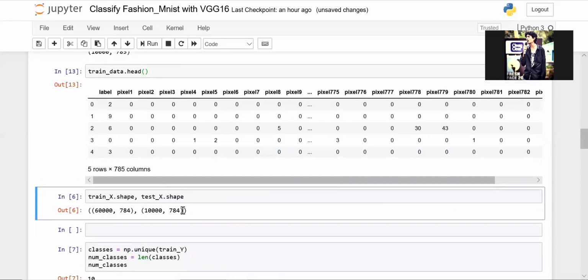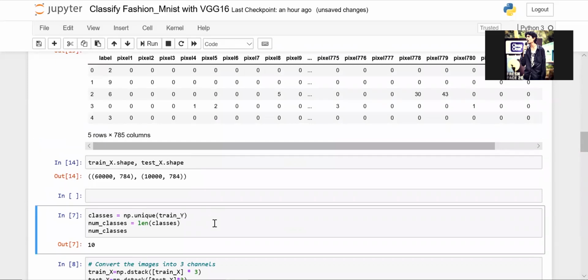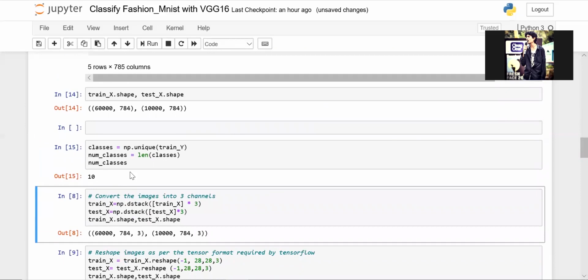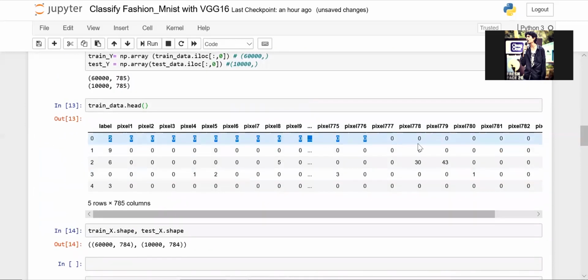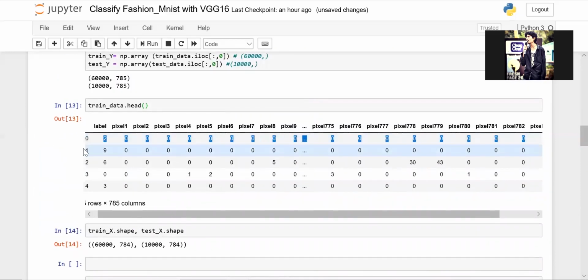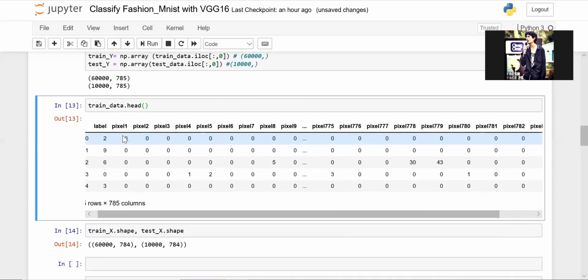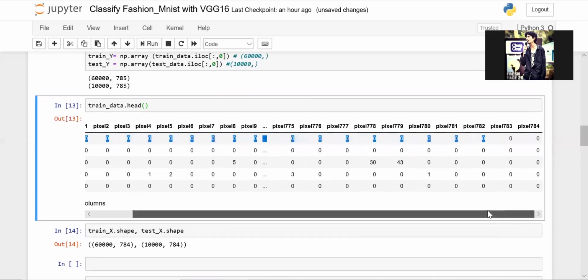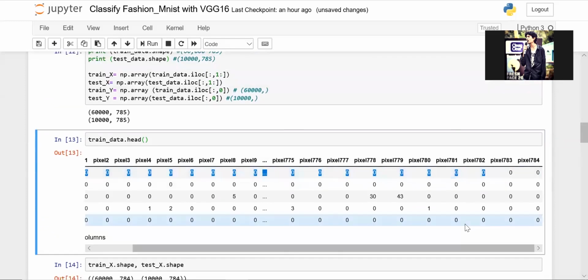See the shapes again, and then we'll see the number of classes and identify each image. By now you must have the understanding that this single row is an image, right? Pixel 1 to the last one, which is pixel 784.